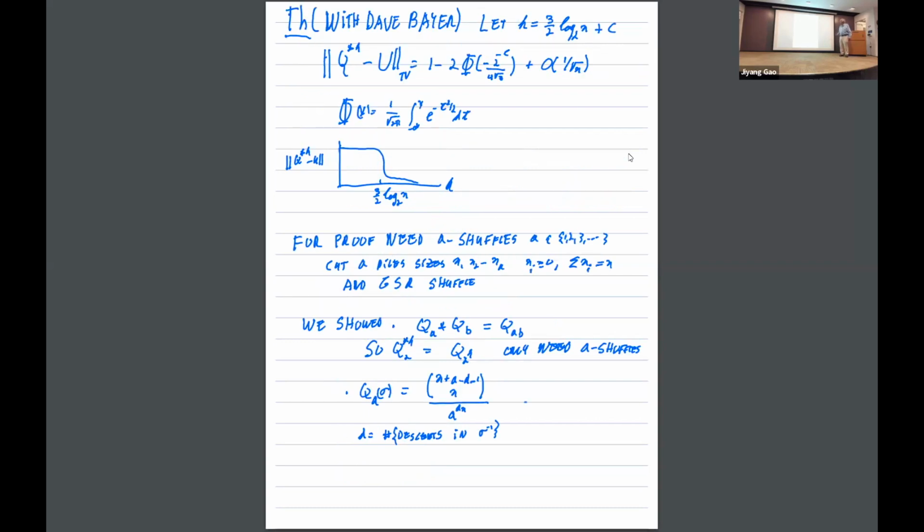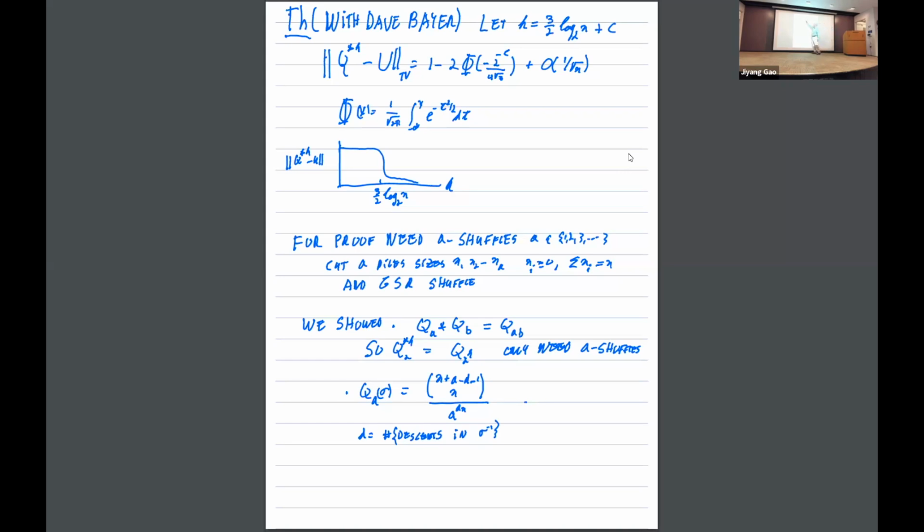And here my proof with Dave Freedman a long time ago goes like this. Let K be 3/2 log to the base 2 of n plus C. Let's try to parse that for you. N is the deck size, N is 52, and K is the number of shuffles. So you know K and you know N, and that determines C as a function of K. C can be negative or positive. C is C. And then the distance to uniform, the total variation distance that we use in probability,